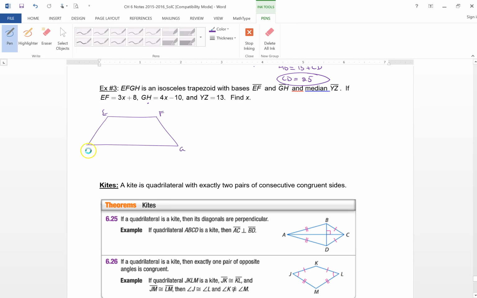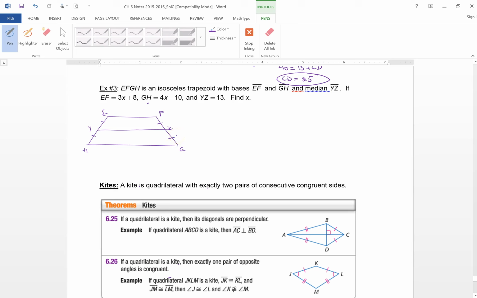EFGH. Again, it says EF and GH are the bases, and the median is YZ. Now, remember the median connects the midpoint of EH, so these two are congruent, to the midpoint of FG. These two are congruent to each other, but because it's an isosceles trapezoid, all 4 little segments are congruent to